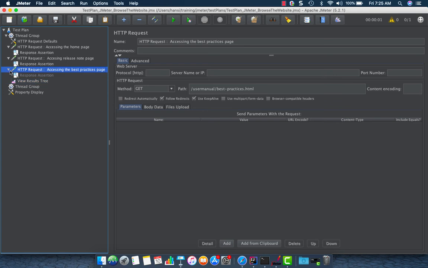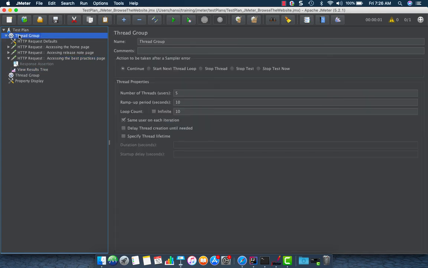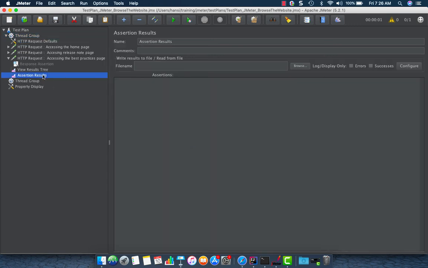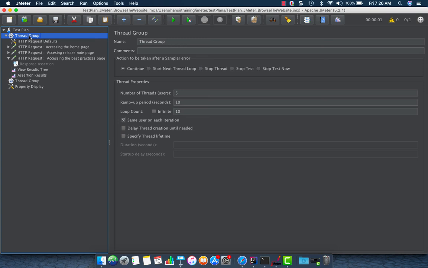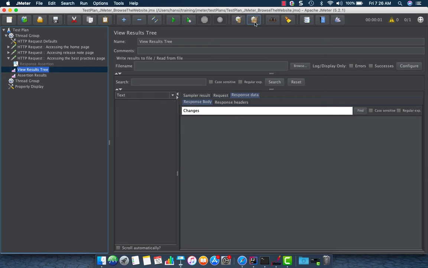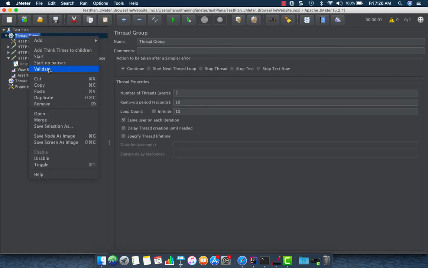So if you want to see the assertions in a listener, the assertion result listener can be used. So let's validate. And if you want to get rid of these results, you can clear only this listener, or if you want to get rid of all these things, you can use clear all. So use clear all, and let me validate again: right click and validate,